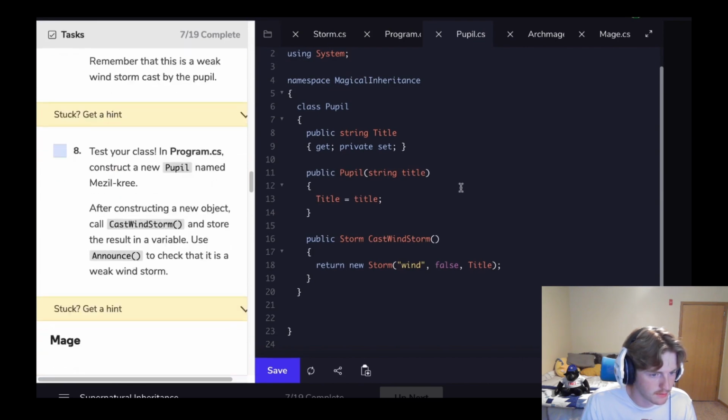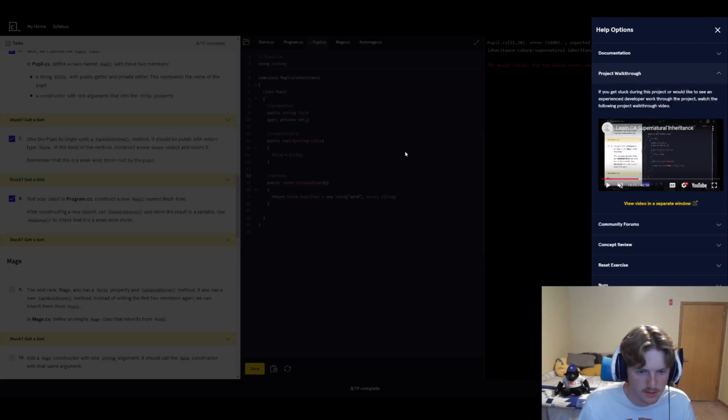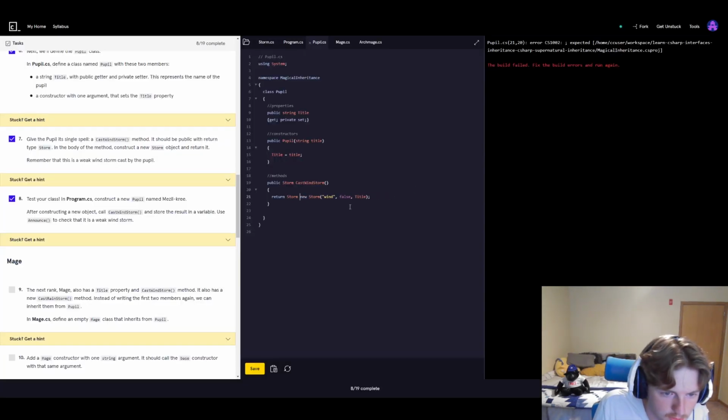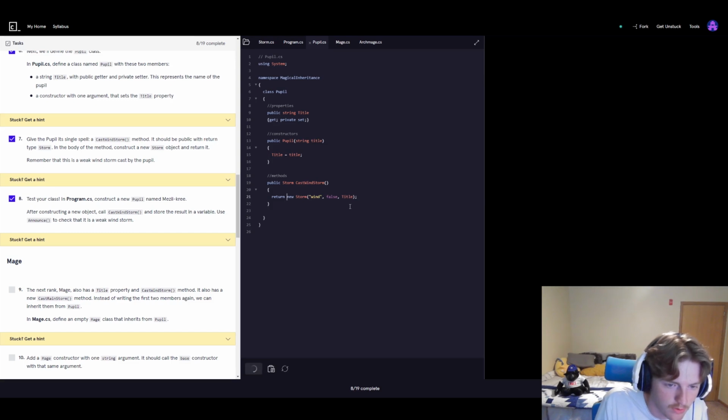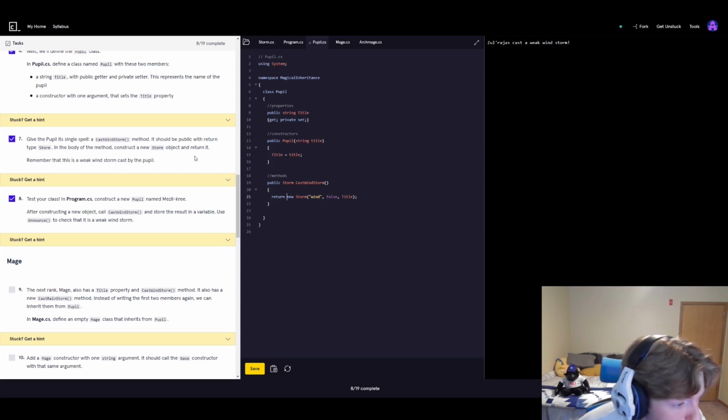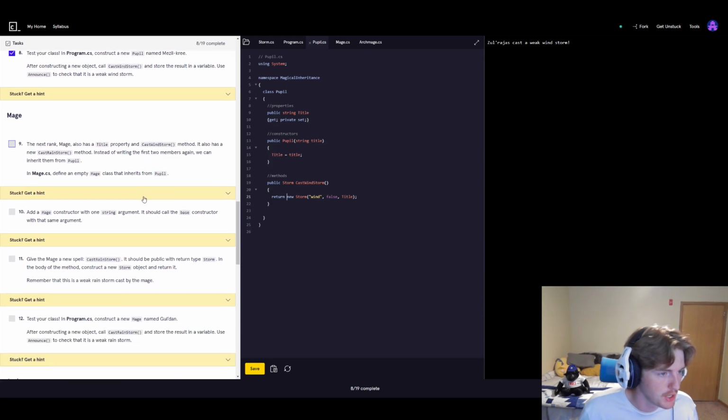And yeah, I guess it's a little bit different syntax than me. So maybe we do return new storm and see if that works instead, but that's very strange. I don't know why it's saying semicolon expected. I'm just going to keep moving on here and not worry about it too much, and we'll move on to